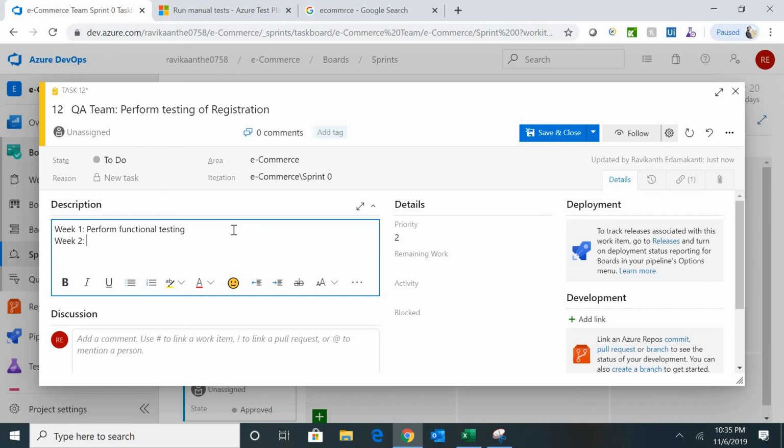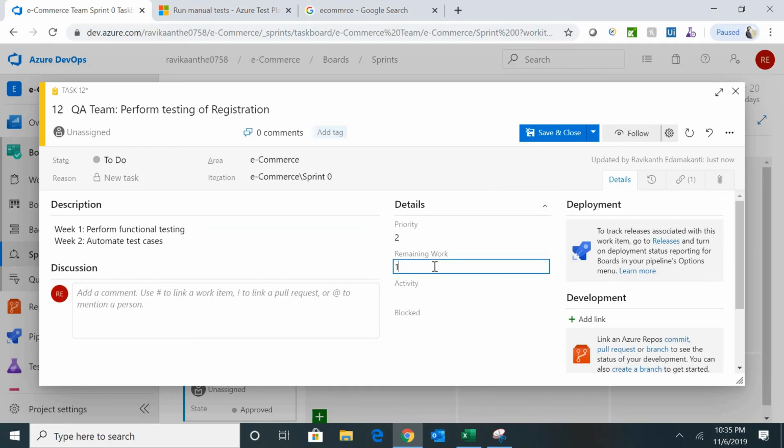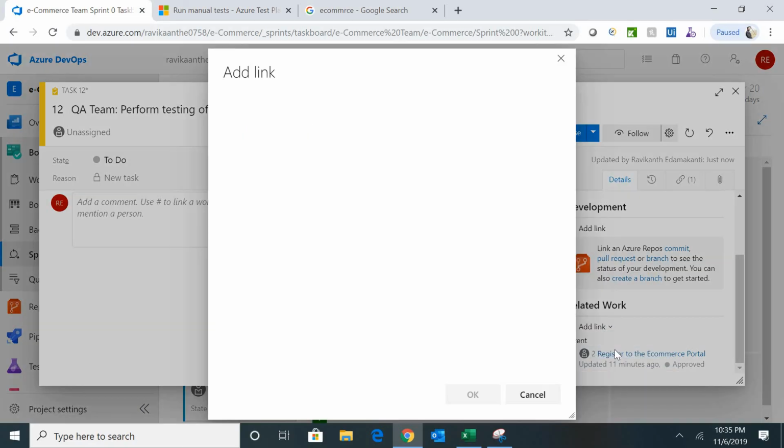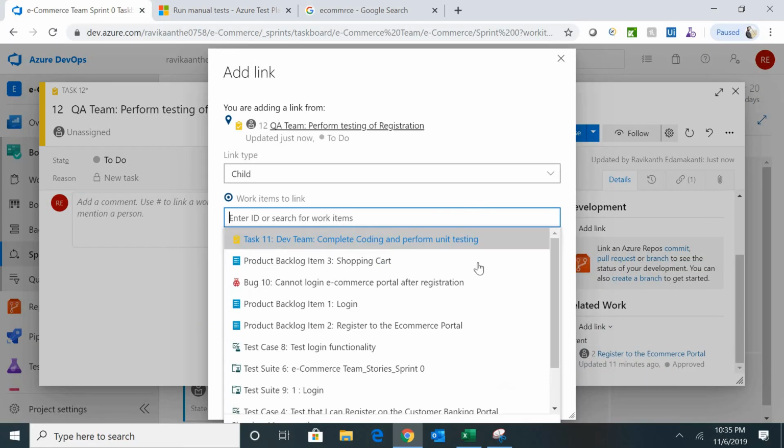Week 2, automate test cases. Let's assume my remaining work is 16 hours. Now I want to add all the test cases that are applicable for this. So I can add all the test cases